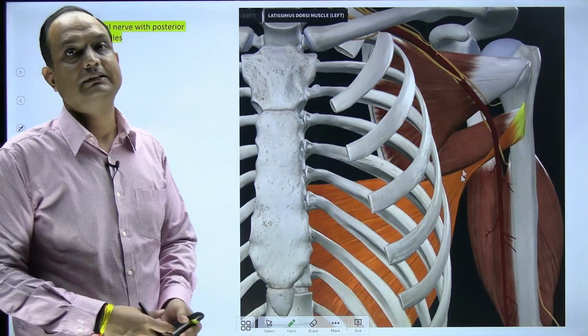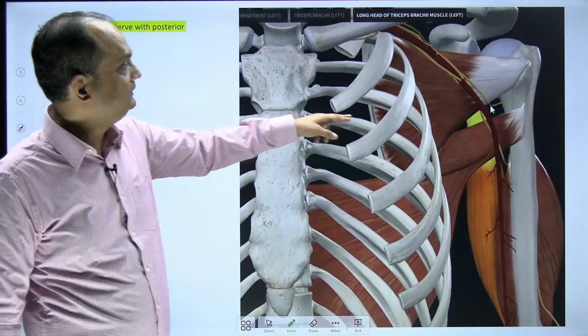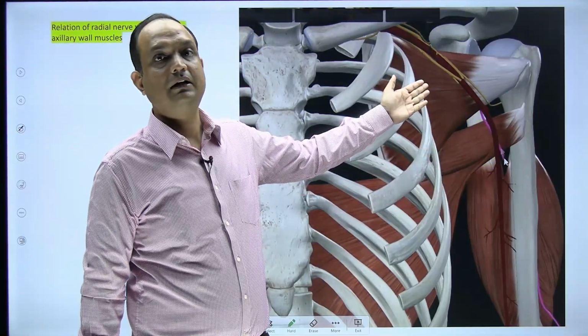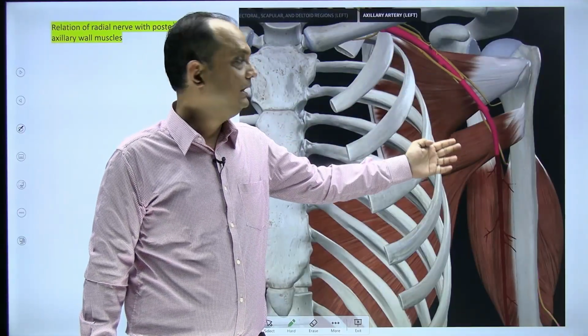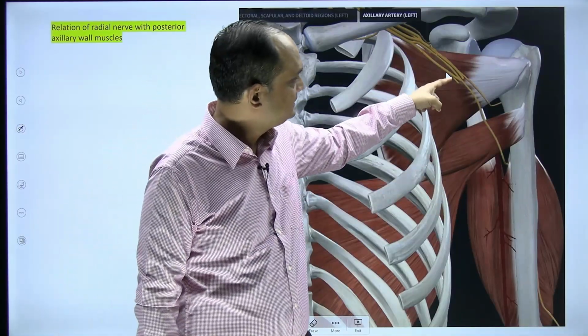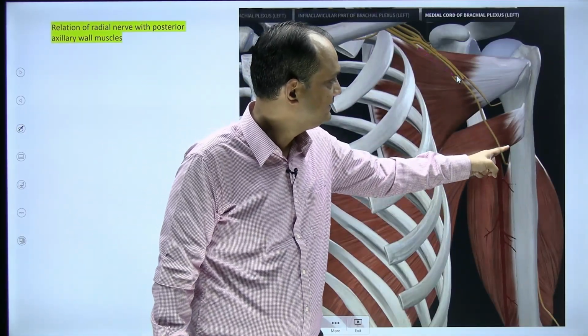Once you remove the axillary artery, then you can see the origin of the radial nerve, and it lies on these three muscles: subscapularis, then teres major, and then latissimus dorsi, and then it will go through this space,